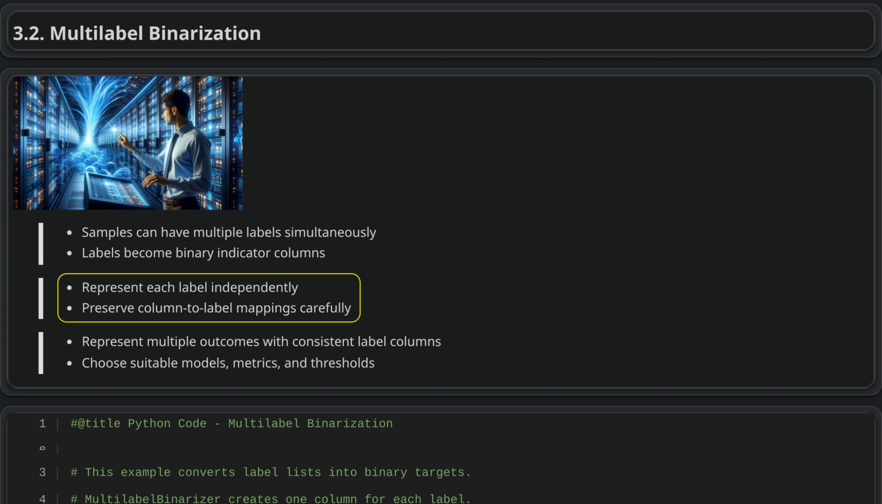Multilabel binarization treats each label as its own separate output, instead of merging label combinations into many rare classes. This lets a model learn shared patterns for labels such as comedy, while still recognizing other labels like romance or drama. The binarized label order must stay consistent, because each column represents a specific label, and that mapping is needed